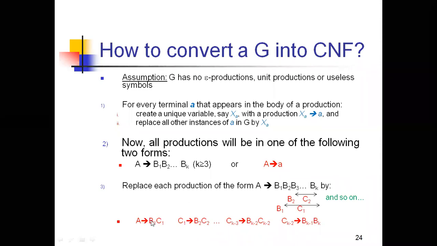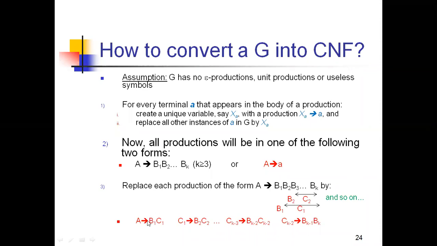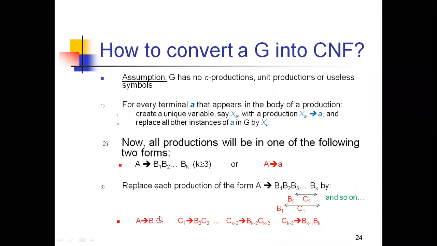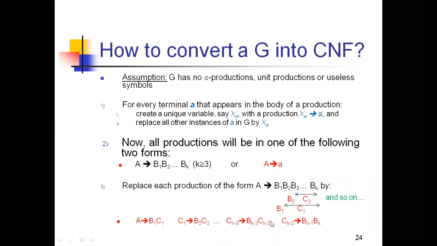So first I am dividing this into A tends to b1 c1. This is a new variable I define, and I need to write the production for this new variable: C1 tends to B2 C2, right? Like that, Ck minus 3 tends to Bk minus 2 Ck minus 2.